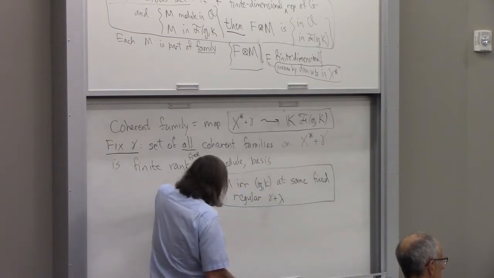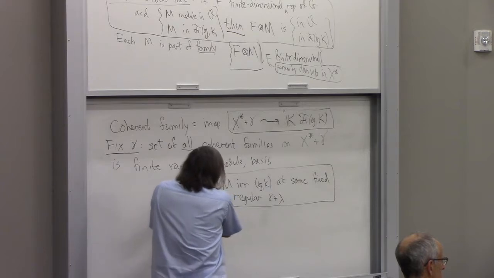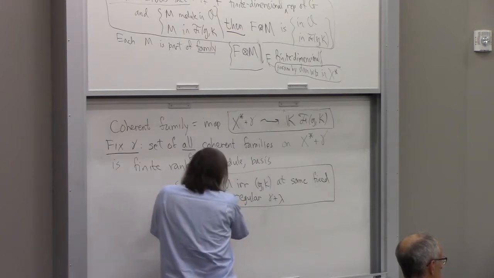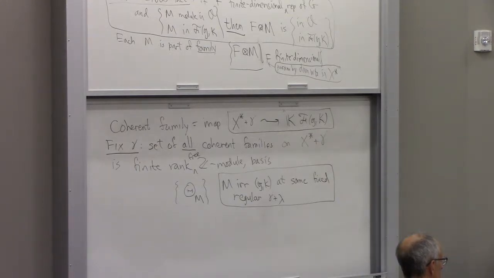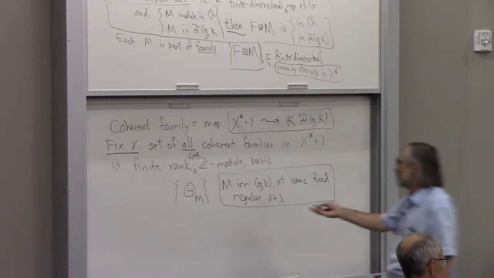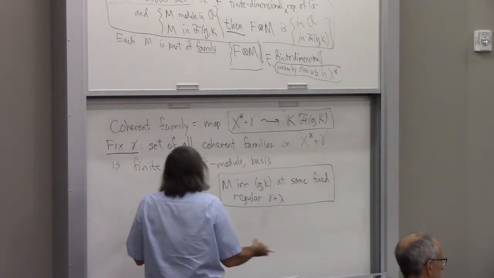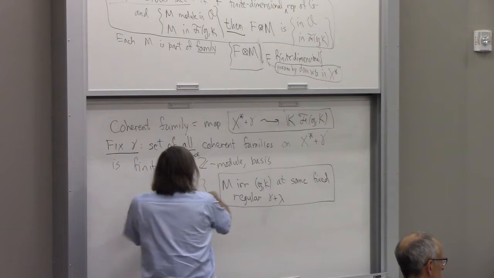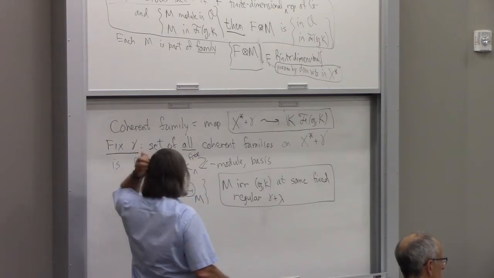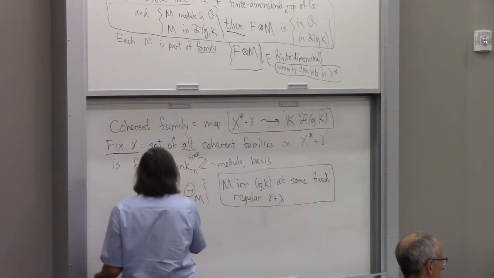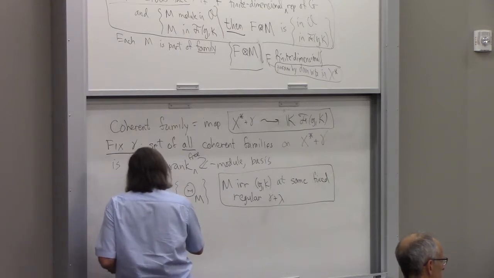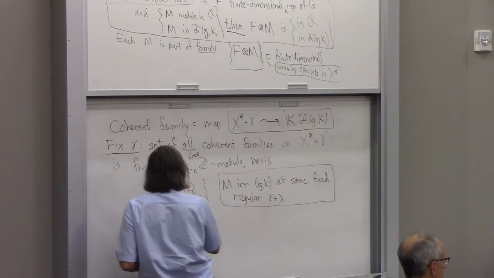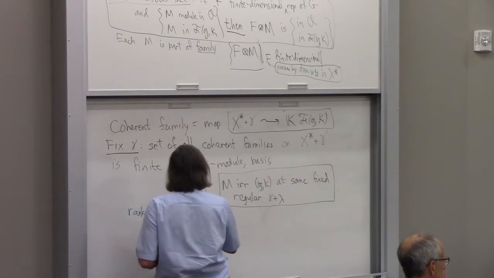So I said that you got these families attached to irreducibles, and well, the theorem tells you this. So this rank is the cardinality of all param